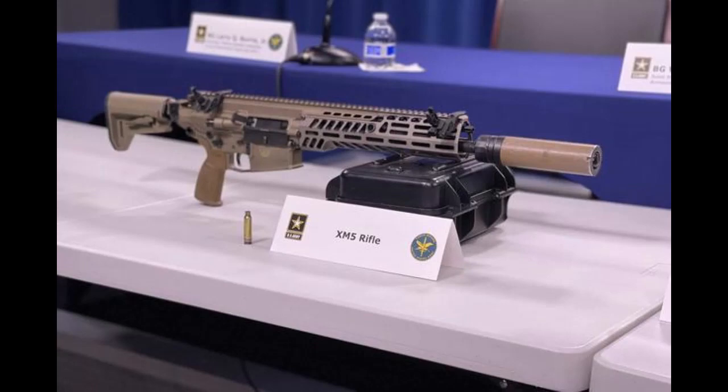The M14, along with the FAL, and I think maybe even the G3, although the G3s are a bit heavier, I think, it might be a little over 10 pounds. But those two, the M14 and the FAL, are under 10 pounds, and they have substantially longer barrels. And this little stubby SIG that somehow rings in at $8,000